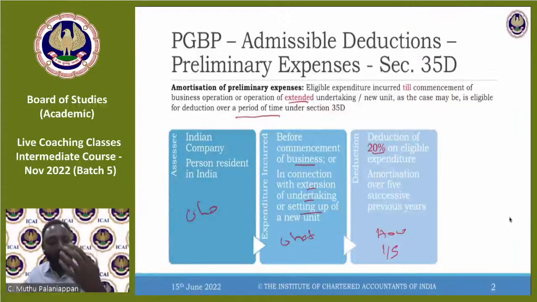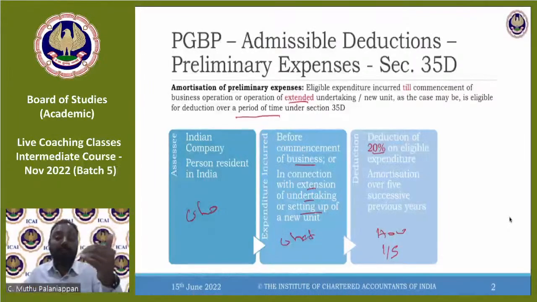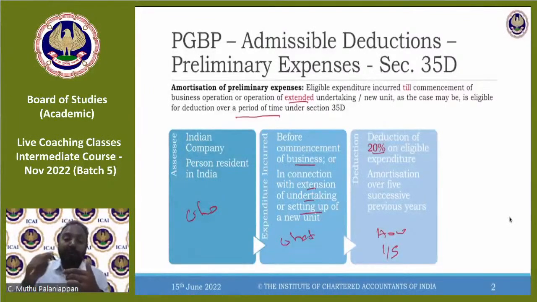Similarly, when I say 20%, I can remember additional depreciation, I can remember pre-construction period interest. When I say 1/5, I can remember pre-construction period interest in 35D. So everywhere when I'm using a word, I can link it and understand, okay, this is what was conveyed in the other provision. So my memory makes it simple: when I remember 20, I'll remember all this. It is all interlinked, so it's easy to remember. Please understand, this is one of the methods. Probably you can remember so many things in a shorter way.